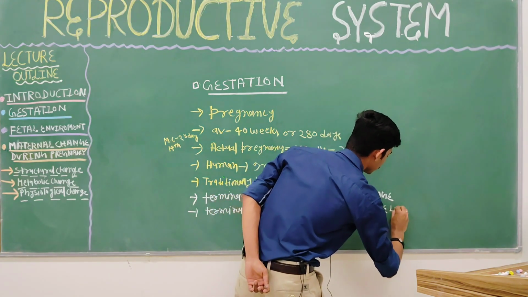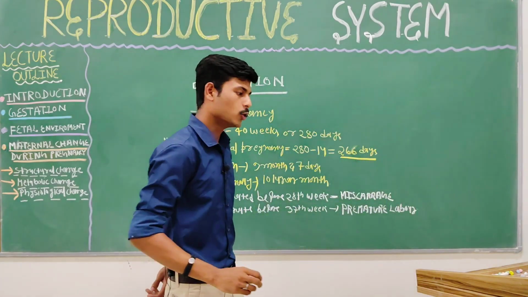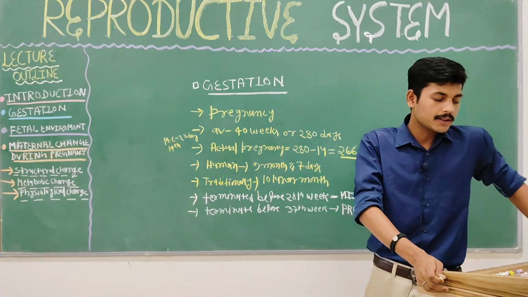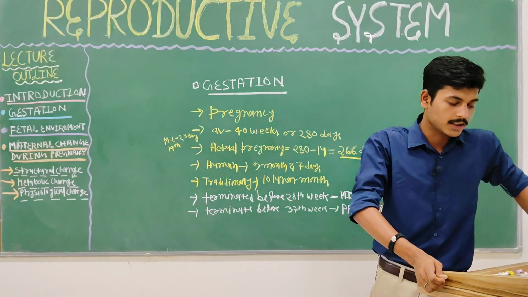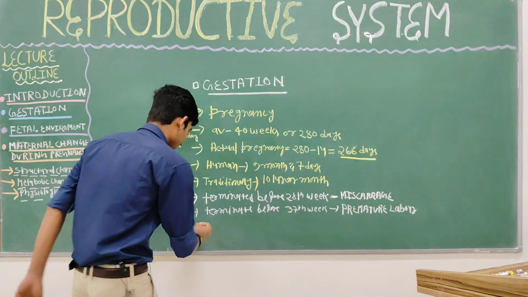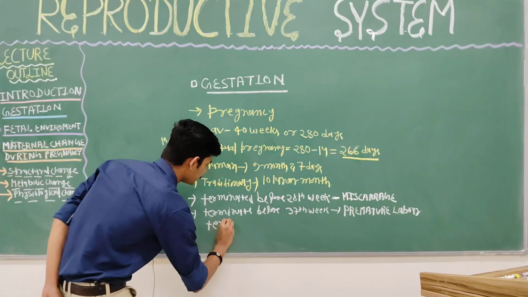Premature labor. Fine, no problem. And there is one more terminology called the stillbirth. A stillbirth refers to the death of a fetus in the womb after 20 weeks. Okay, after 20 weeks, if the pregnancy terminates,